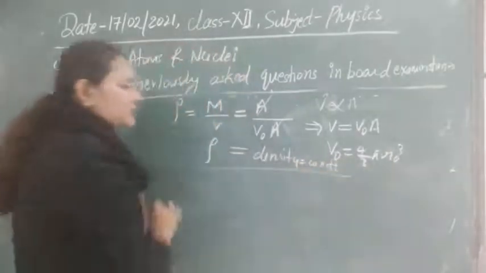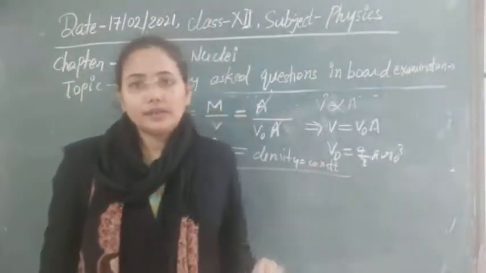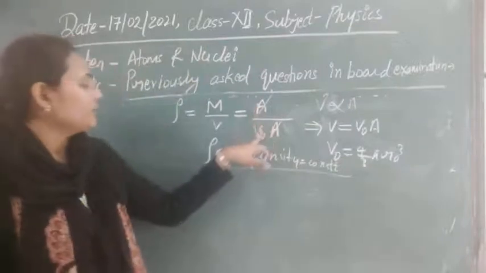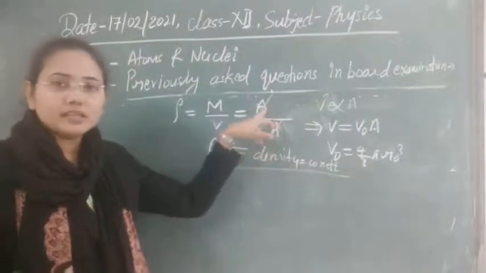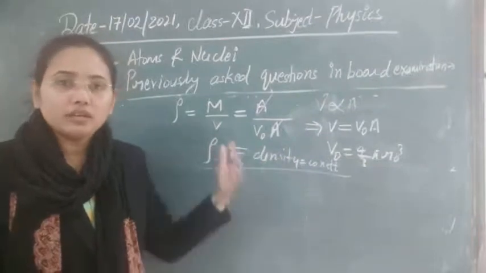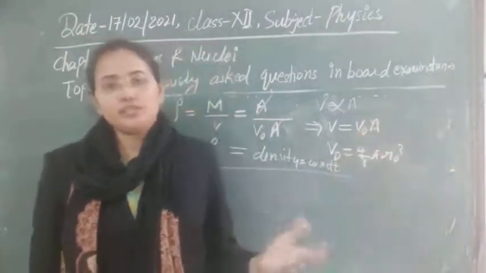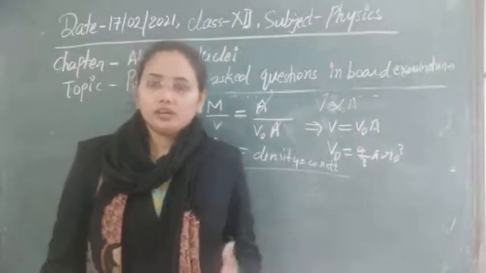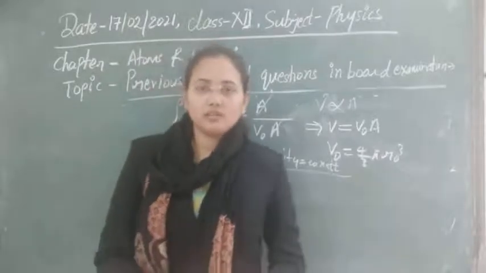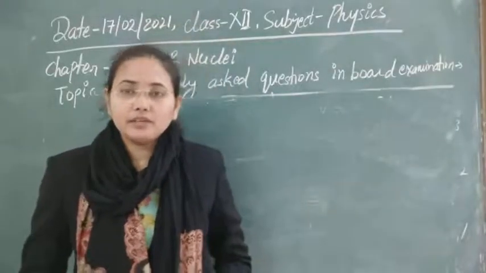It means whatever nucleus we are taking here, the nuclear density will be constant. From here you can see, whenever the mass increases, the volume also increases accordingly, as it is directly proportional. So due to the increase in volume in the same amount as the mass, obviously the density for lighter or heavier nuclei will be nearly constant. Clear? The next property is the binding energy of nuclei.